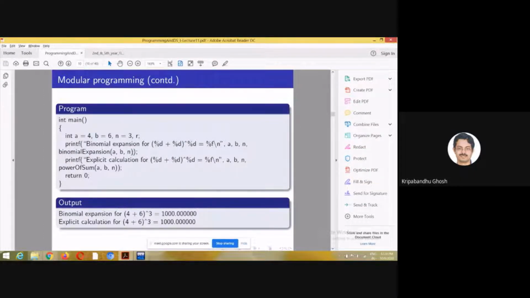So sum1 is now not "sum one" but sum1, the number 1. So sum1 will now contain the value of sum, which has come from this point. I showed you in an example in the last class that even if the names of the variables are the same, they acquire different memory locations. So here sum1 will acquire a different memory location, but it will then copy the value of sum, which is returned